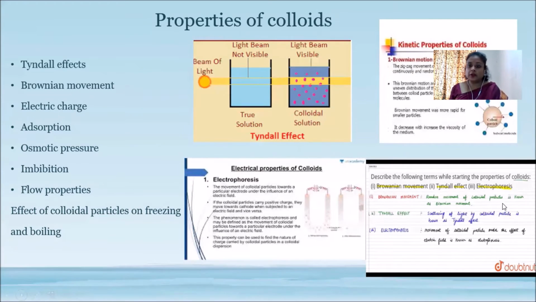Second one is the Brownian movement. Brownian movement is the zigzag motion of the particles. Whenever you see any juice, like, I'm not getting the name of the product, you get orange juice, pulpy orange drink, where you have the particles which are in zigzag motion, which is known as Brownian movement.